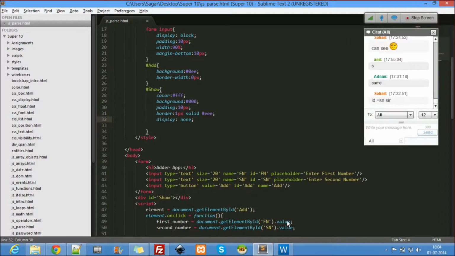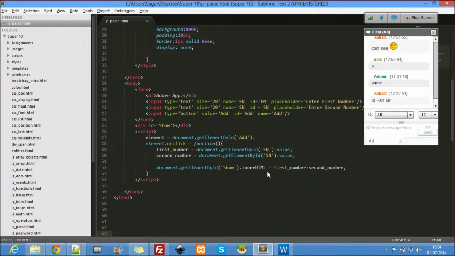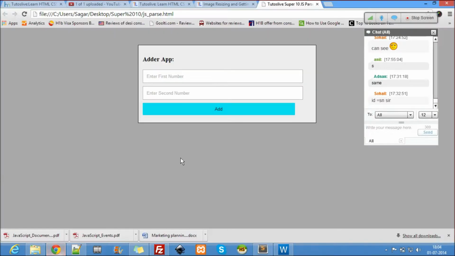As soon as the result comes out, dot style dot display equal to inline block. First it is invisible. As soon as I click on something to show the result, I'm setting it as inline block. Let us refresh this. I'll say 10 and 20. When I add them, you see that it says 10 20.